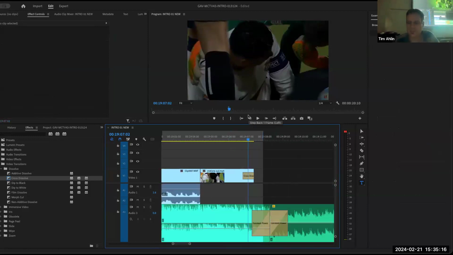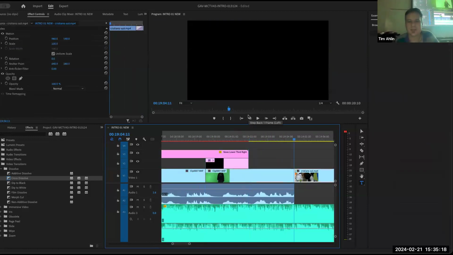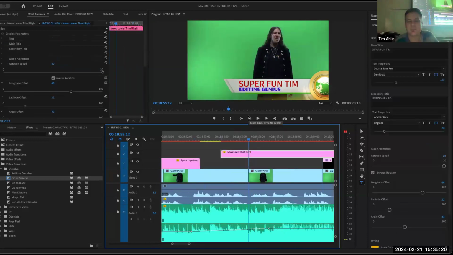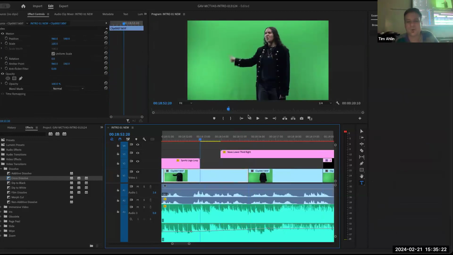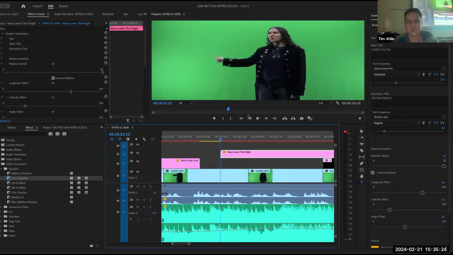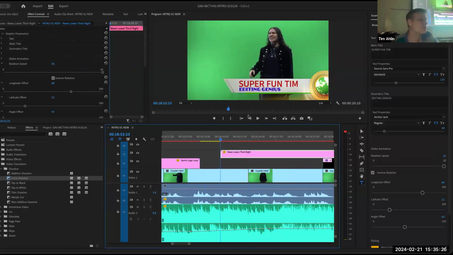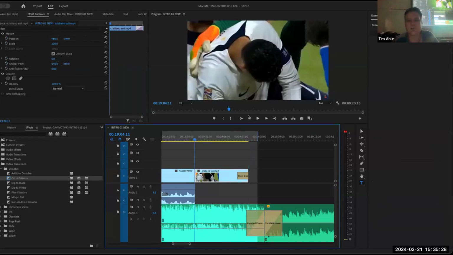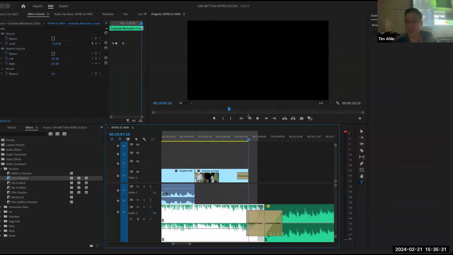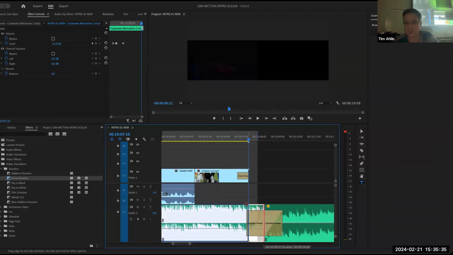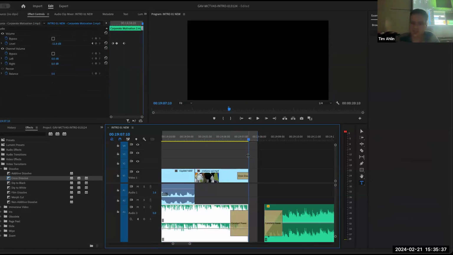Okay, so we can see if I go up, look, I'm hitting the up and down key, and up makes me go left and down makes me go right. And you can see it's jumping from every edit point, or start of a clip. So this is helpful because now I can go to the end. And do I want to go to the end of the music? Well, what I want to do is cut the music to go to the video. And then I'm going to hit out.